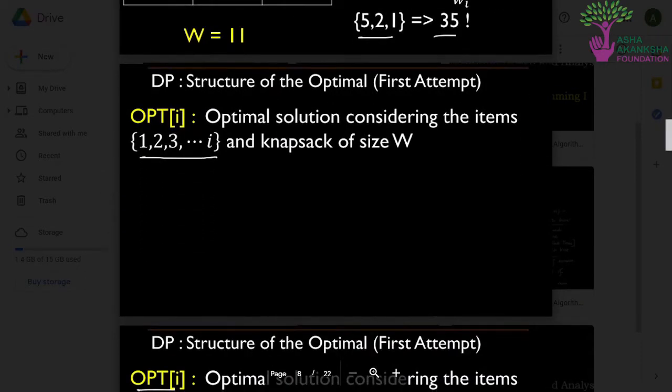Now we will be constructing our DP, or dynamic programming, solution. Like in the previous video, we just considered solving it using recursion. We created a recursive formula, and we kept on solving the problem for smaller and smaller parts, and we used memoization as well. In the end, our recursion plus memoization became the DP solution.